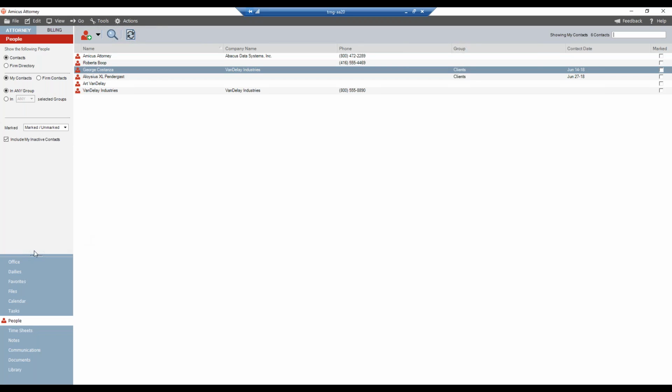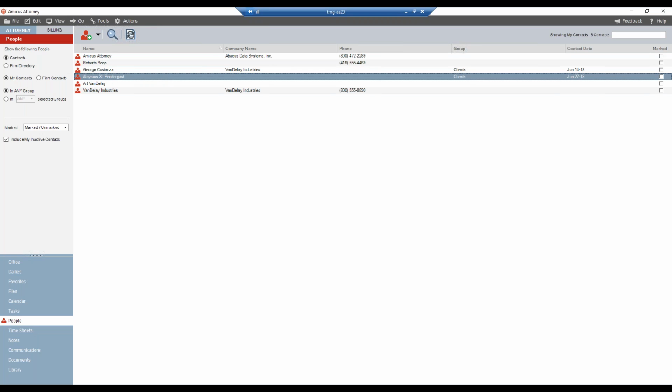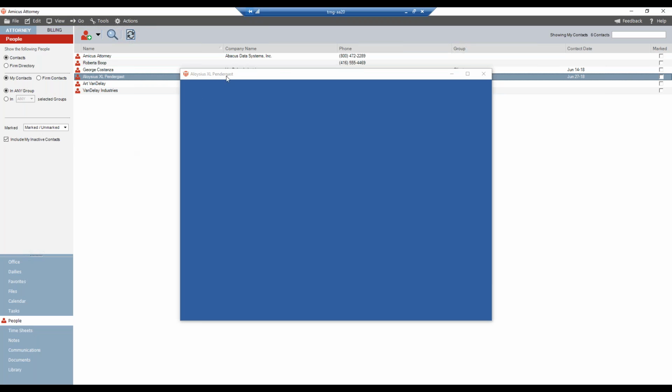If within that week they didn't go through the process that we just did of creating that password and logging in the first time, then that invitation link has expired and we would need to send them a new one. Or perhaps it was in their junk folder and they emptied out their junk folder without realizing it and therefore have lost that email. Whatever the case may be, I can very easily come back in here to the contact itself, open up the contact details,